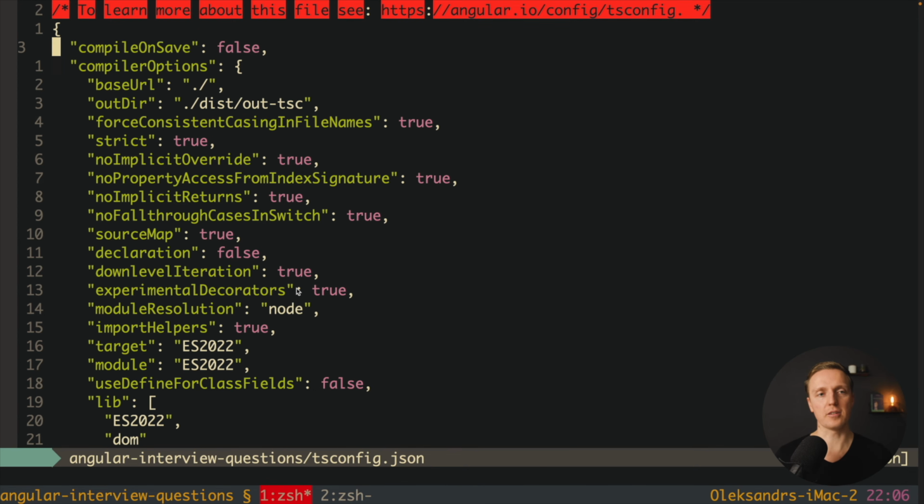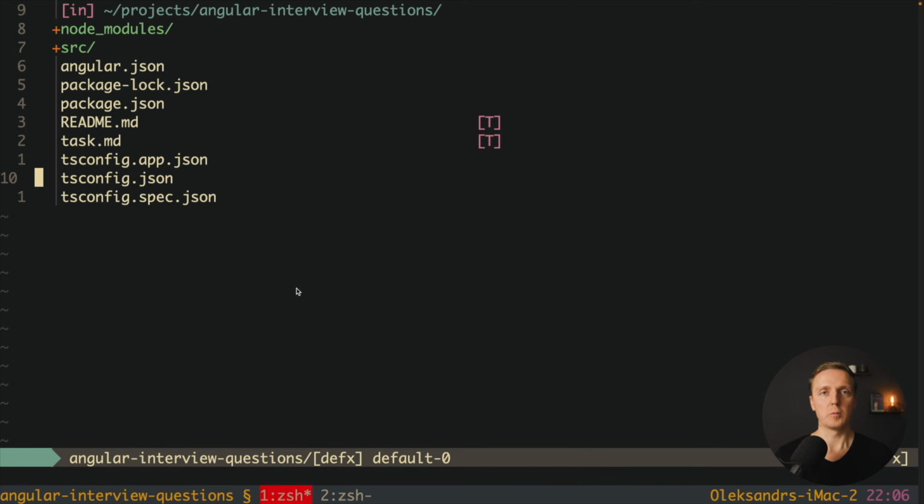For example, inside compiler options we have lots of different options. One more important point to know: if you want to override tsconfig for some child directory, you can just create a tsconfig JSON file in that child directory, and then it will override the tsconfig in the root.